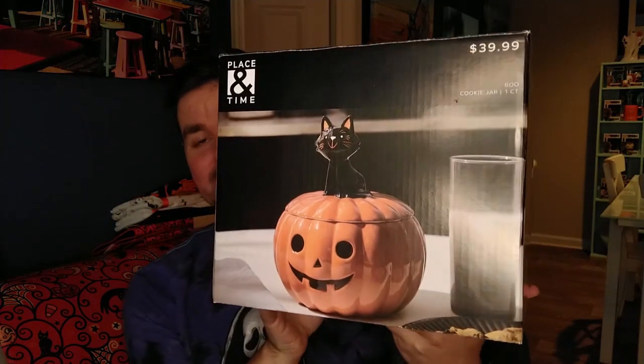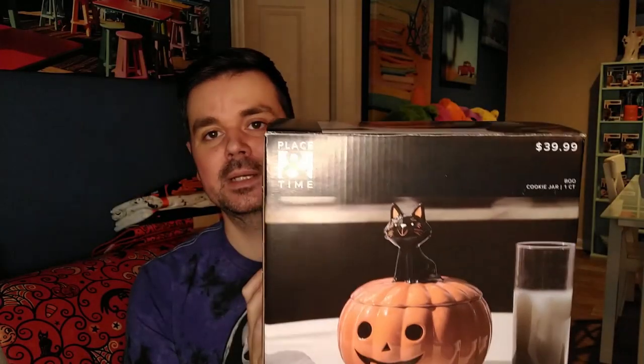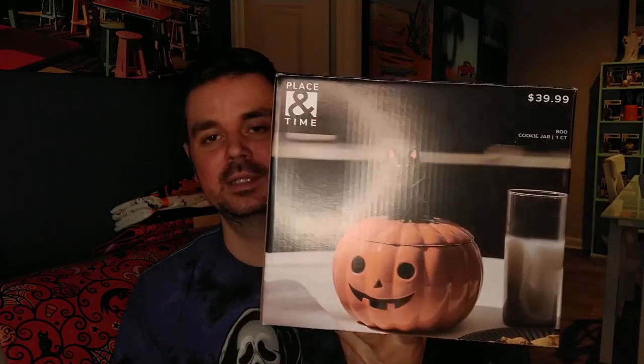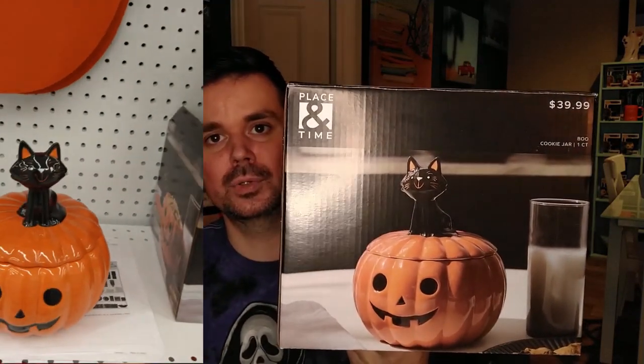Okay, let's go to another Joann purchase. This is a lot to go through, so if you're making it this long, I appreciate it. This was, let me find the price, $39.99. I did not pay that for it. This was a Place and Time cookie jar. So I ended up picking up this one for $25 with Joann's 40% off. I love this little cookie jar. The cat makes the handle, and